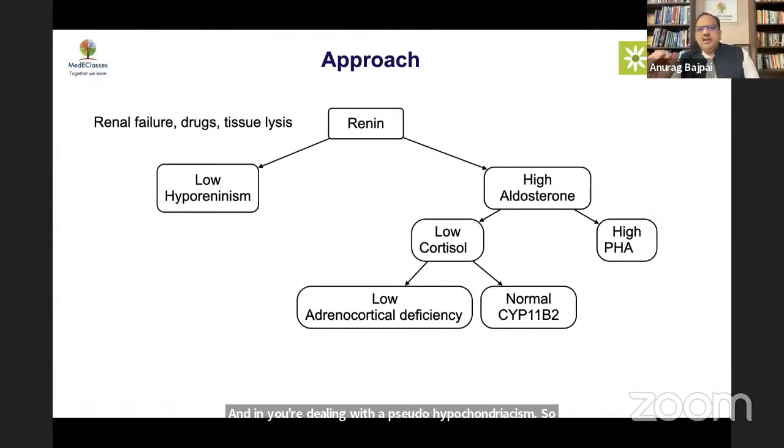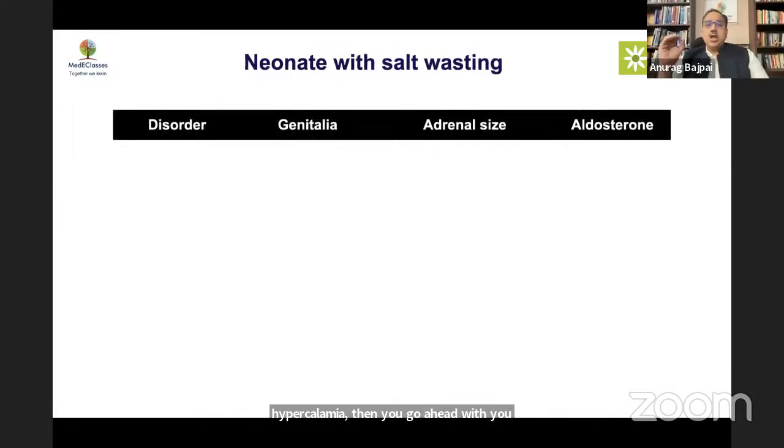So the major investigation should be done only selectively, because often you will know the cause very clearly. You may have a renal failure, drugs are there, you know that there's tissue lysis, so 95% of cases will go there. But if you have a chronic hyperkalemia, then you go ahead with these investigations and work up in that regard. Now, the most important age group in which hyperkalemia may present as a chronic one is actually the neonatal age group. And here, if you look at the genitalia and the size of adrenals, you will get the clue